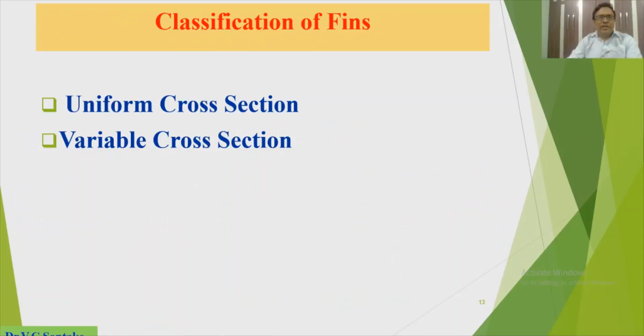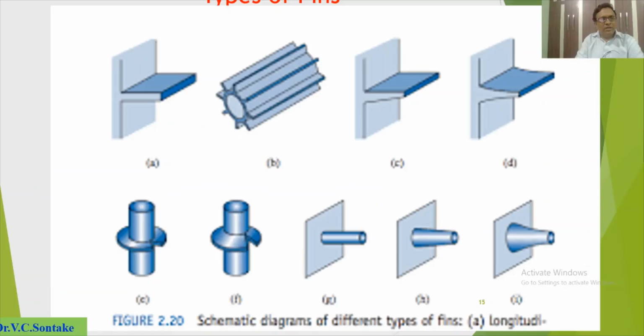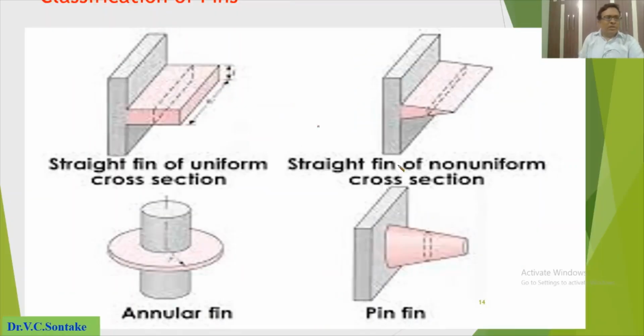Now, classification of fins. Fins are classified as uniform cross-sectional area fins and variable cross-sectional area fins. In this diagram, different types of fins are demonstrated. The first fin is a straight fin of uniform cross-sectional area. This is the base surface